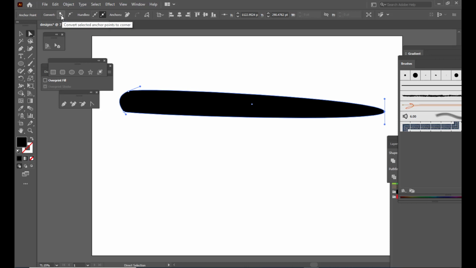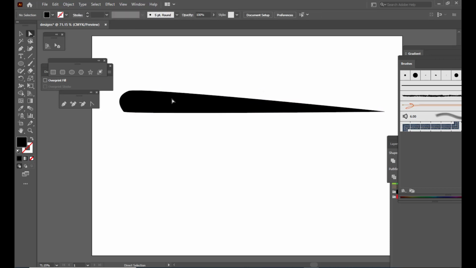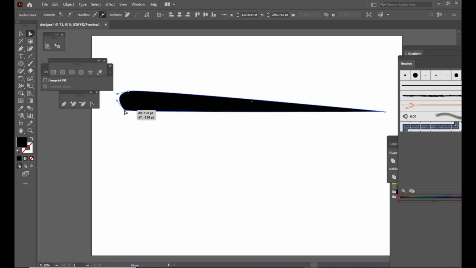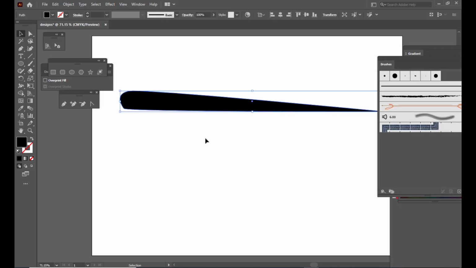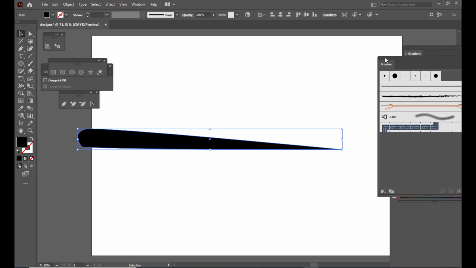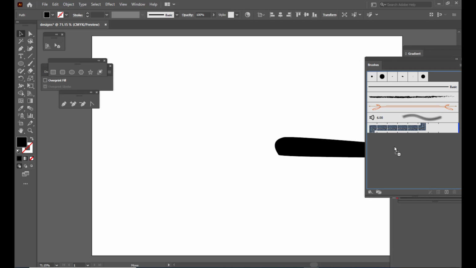So just click on this, convert selected anchor points to corner. See? So our shape should look something like this. So now all we have to do is select the brush stroke and just drag it inside